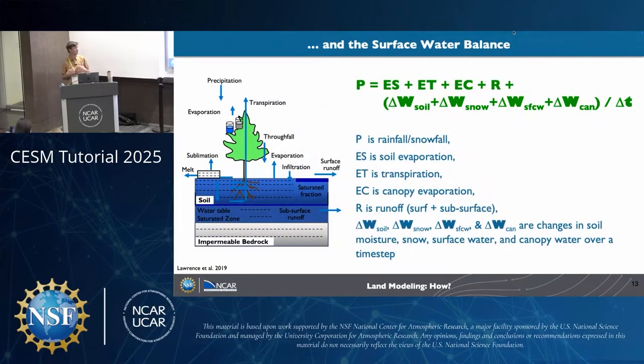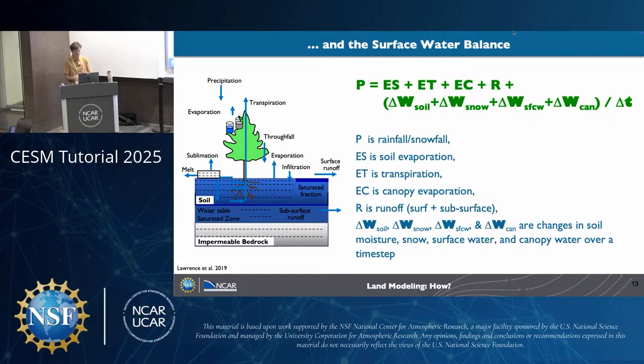On top of it, we're also balancing the water budget, and so precipitation is balanced by soil evaporation, transpiration, and canopy evaporation. So these three fluxes of water off of the land surface, as well as runoff from the subsurface. And then we also look at changes in soil moisture, snow state,